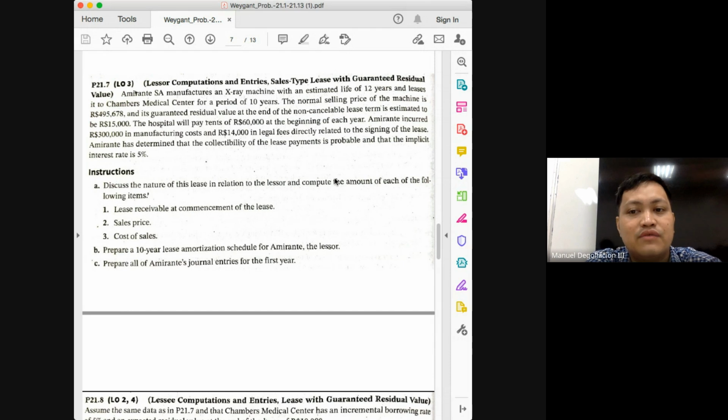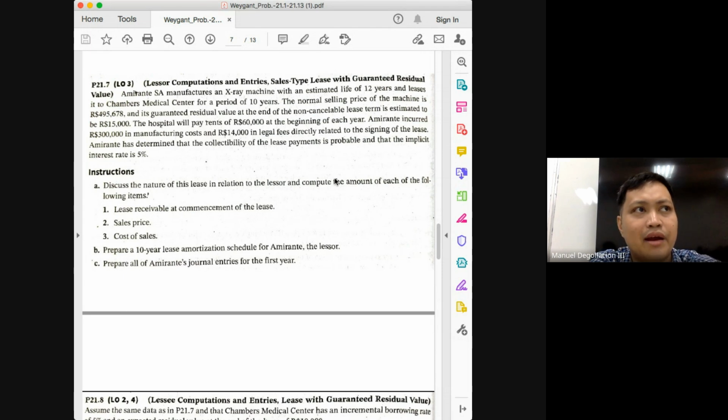What then is the relevance of the 90? The 90% is the threshold to consider the present value of the minimum lease payments as having exceeded substantially all of the fair value of the asset. But do we even have to check the 90%? No, because as discussed before, so long as one of the criteria is present, the lease will be considered a finance lease. But for the sake of practice, let's check, class, if this lease will qualify under the present value requirement.